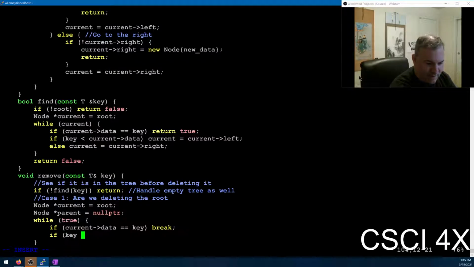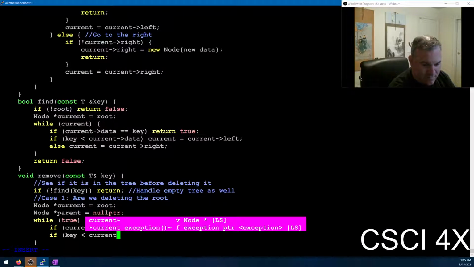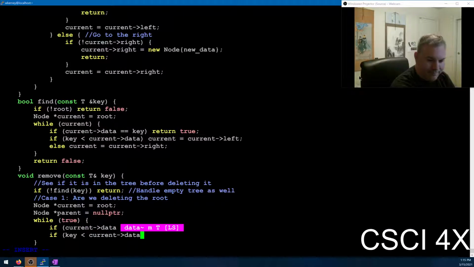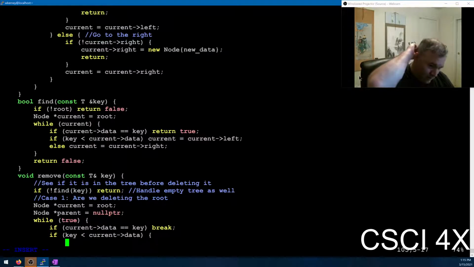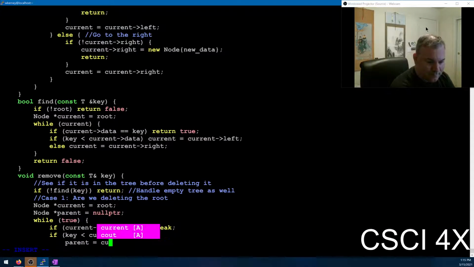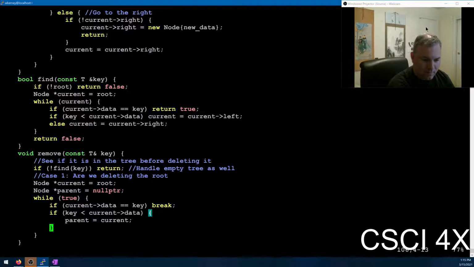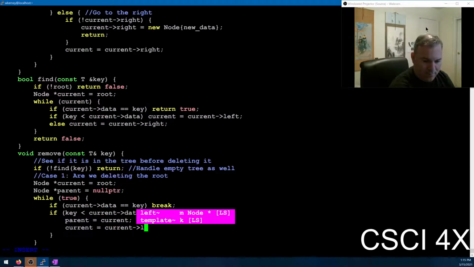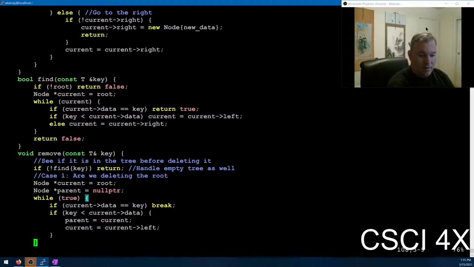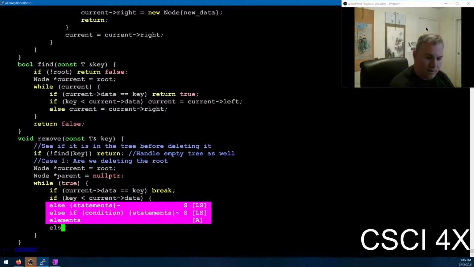Otherwise, if the key is less than current points to data, we go to the left, right? So we set current equals current points to left, and we set parent equal to current. Otherwise,